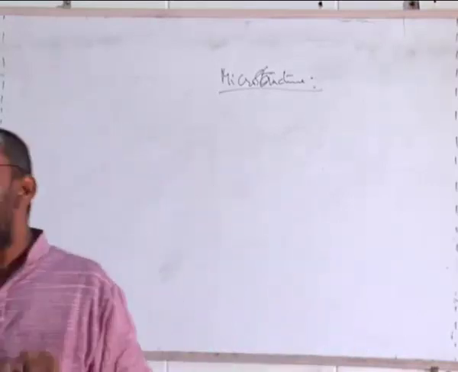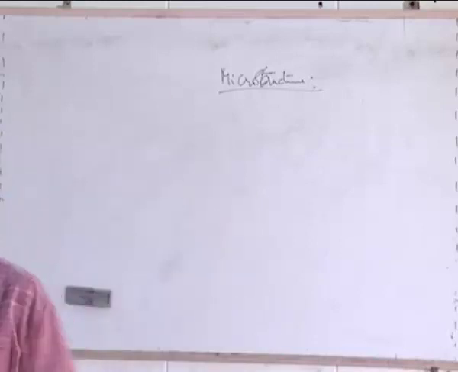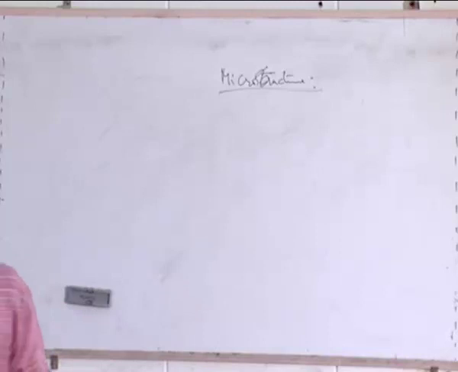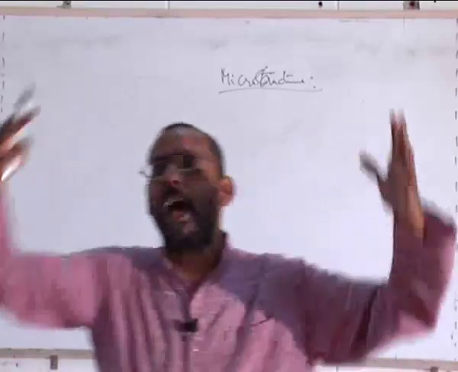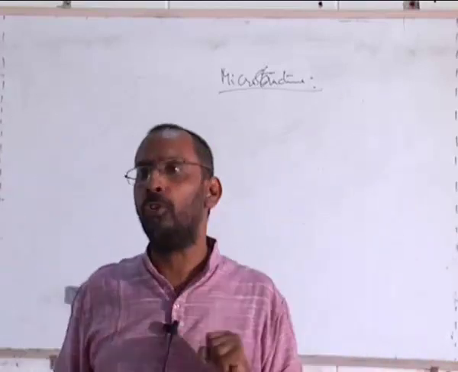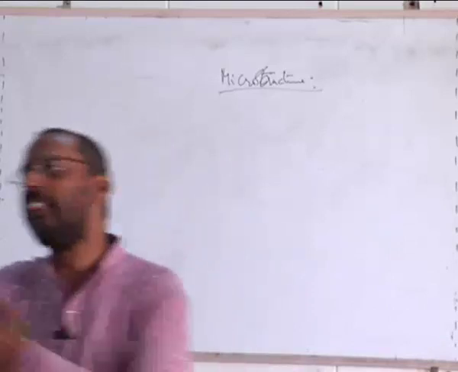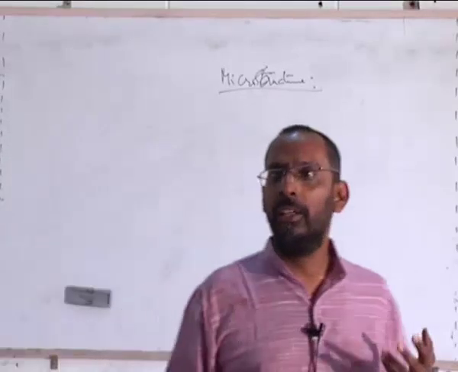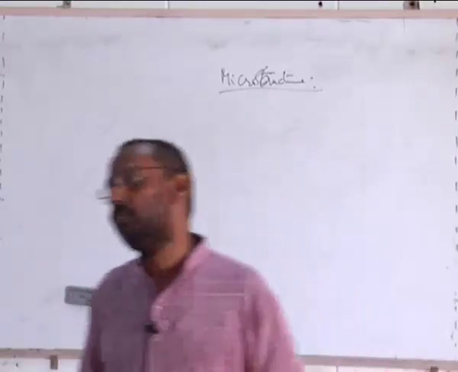When they are all present, I would like to know what is the size of it, what is the shape of it, how many of those are present, what is the fraction of that second phase inside the matrix. Why do I need to know? Because all these things influence the properties. For example, if I have aluminum copper alloy with 10% of Al2Cu inside alpha with 90% of alpha, another aluminum copper alloy with 20% of Al2Cu, the mechanical properties of this will be different from that, because the Al2Cu is a compound, right? Compounds are harder than solid solutions.